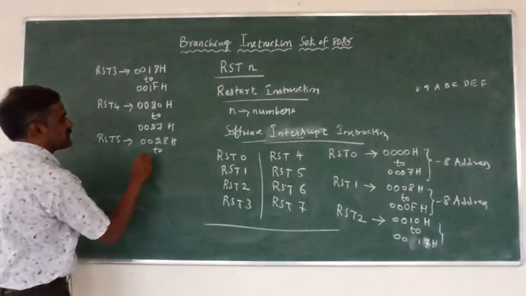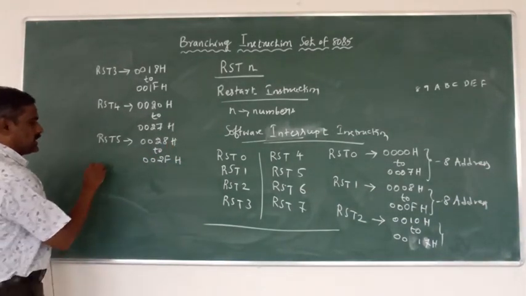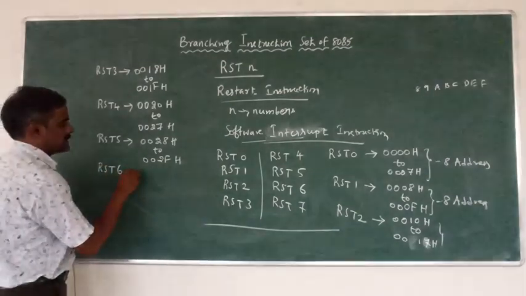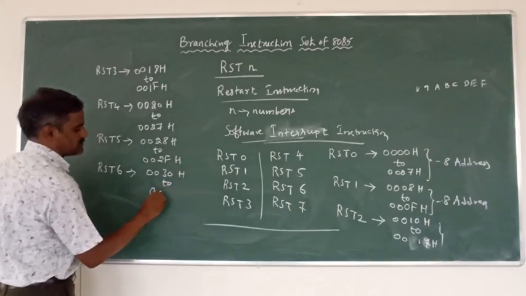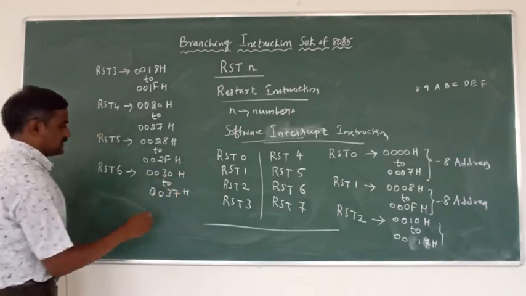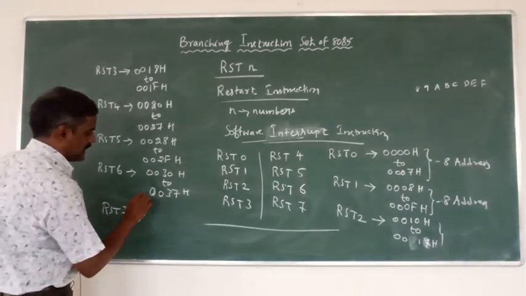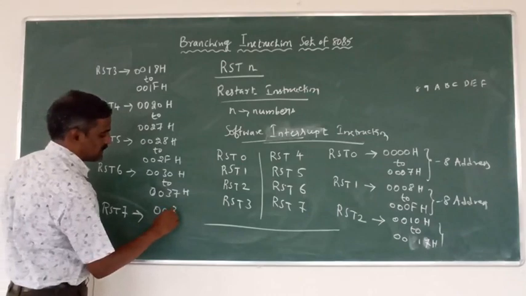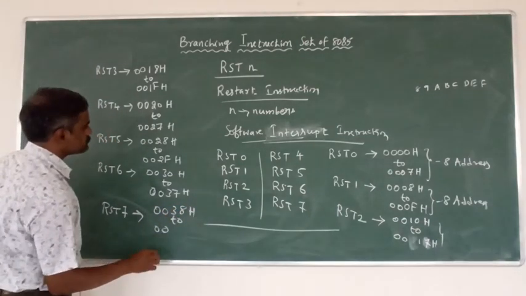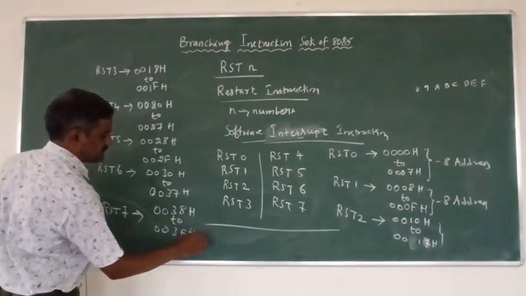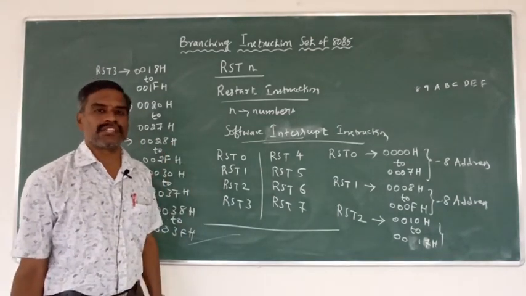0028H to 002FH. This is also 8 bytes. And RST6, 0030H to 0037H. This is also 8 bytes. And RST7, total 8 addresses, 0038H to 003FH. Okay. This is a fixed memory address location for each